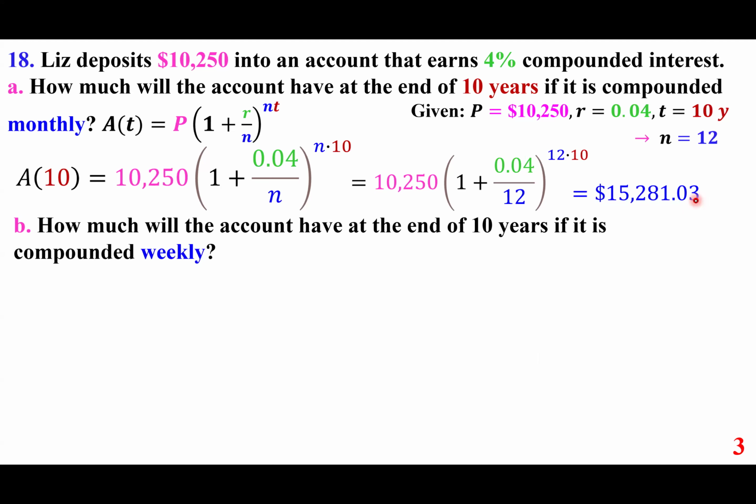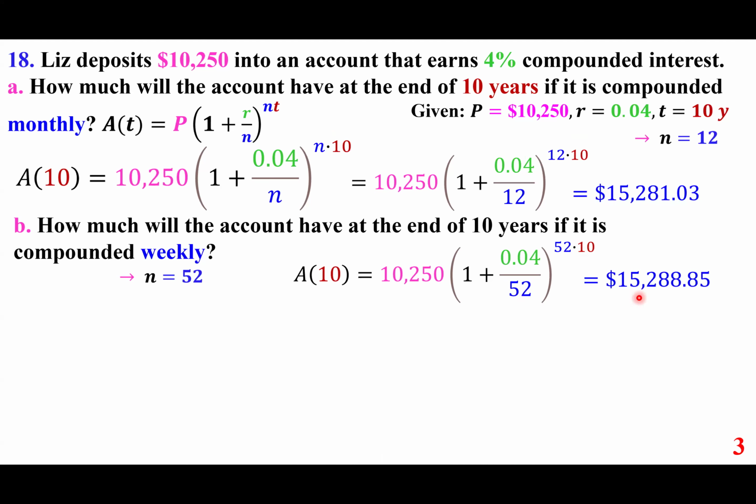And we're going to repeat the question. However, in this case, how much will the account have at the end of 10 years if it's compounded weekly? So we use the same formula here. N is 52 because it says weekly. You have everything here. Replace the n with 52. That means 520. And 0.04 divided by 52 plus 1, to the power of 520, times 10,250 gives us a little bit more,